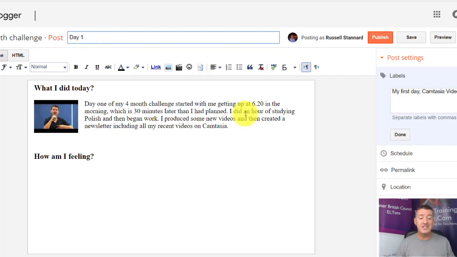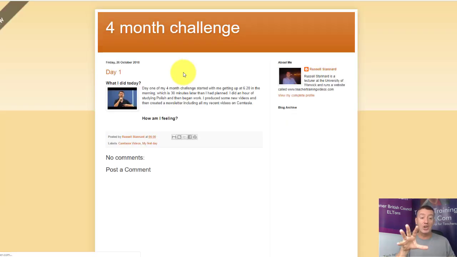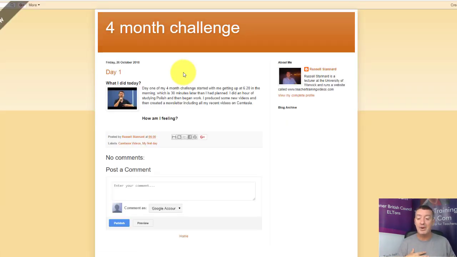So once I've finished, I can click on the publish button and publish that. Now if I don't want to publish immediately, then I can click on the save button. Since I know that it's not going to mean that anyone's going to be able to find my blog at this stage until I start sharing it, it doesn't really matter, so I'm going to click on publish. One other thing I can do if I quickly want to look is click on preview, and it will let me see what it's actually going to look like online. And there it is. That's how it's going to actually look.